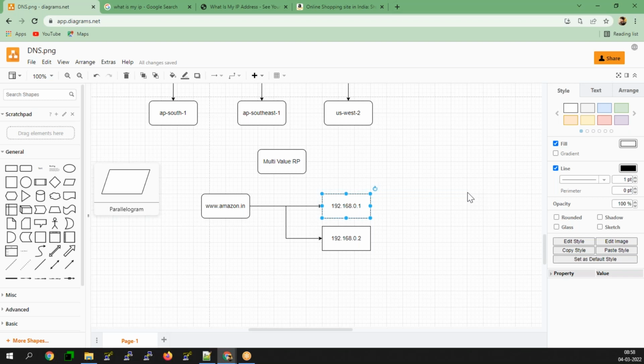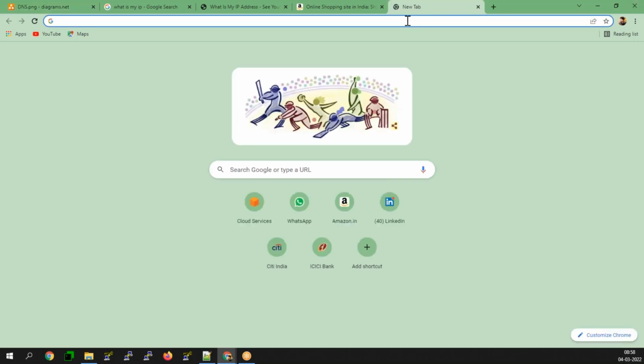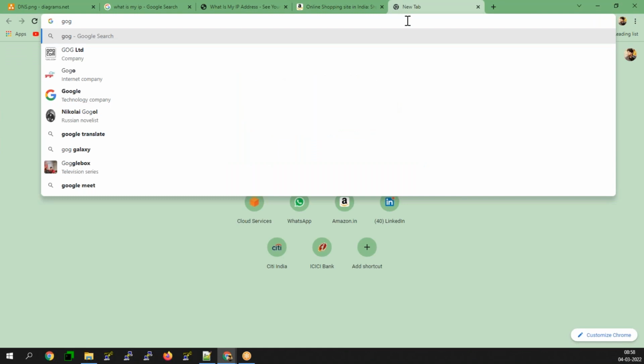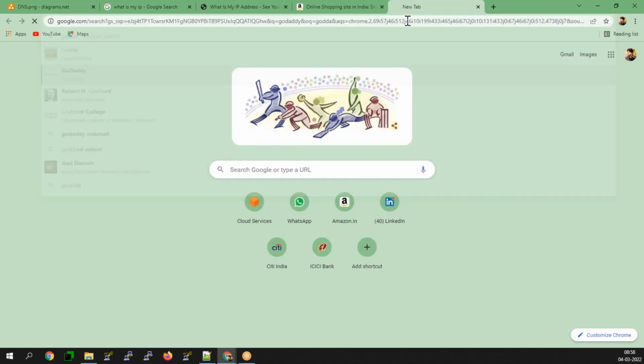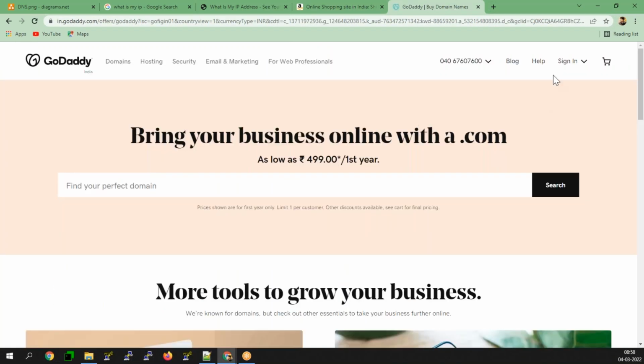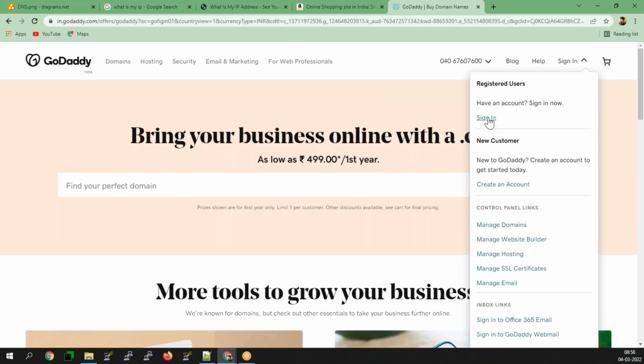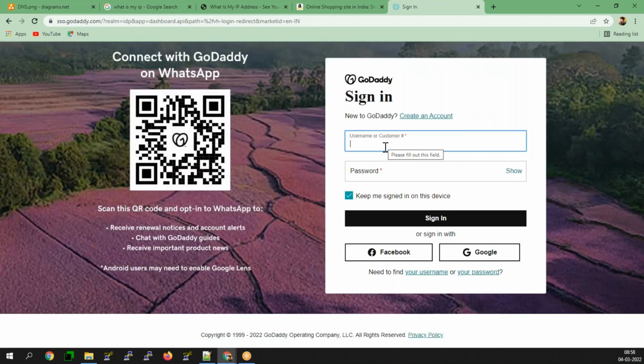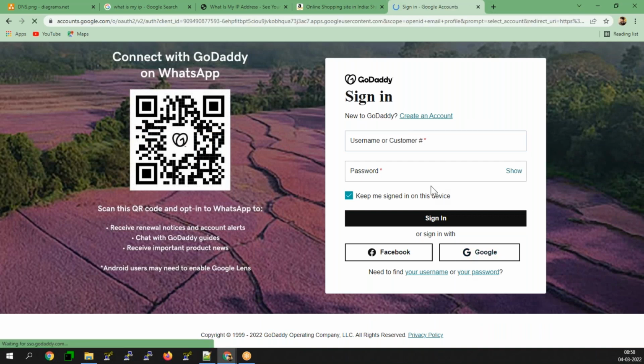Firstly, you need to purchase a domain from GoDaddy. That's what you need to do by tomorrow. So this is my GoDaddy login. The cost is around 150 rupees, I think, 150 or 120 or something like that. You need to sign in first; I'm going with Google sign in.